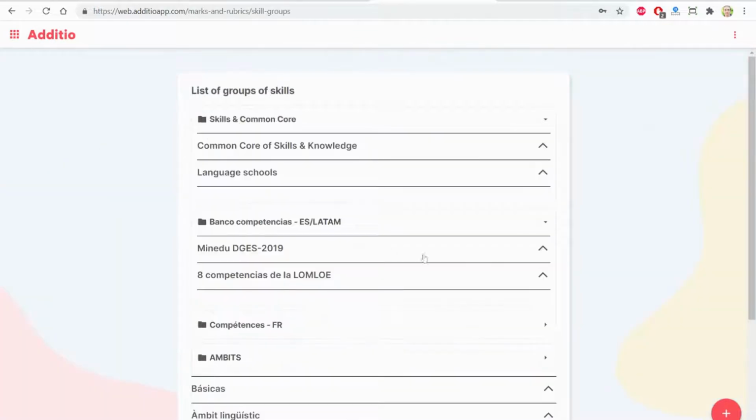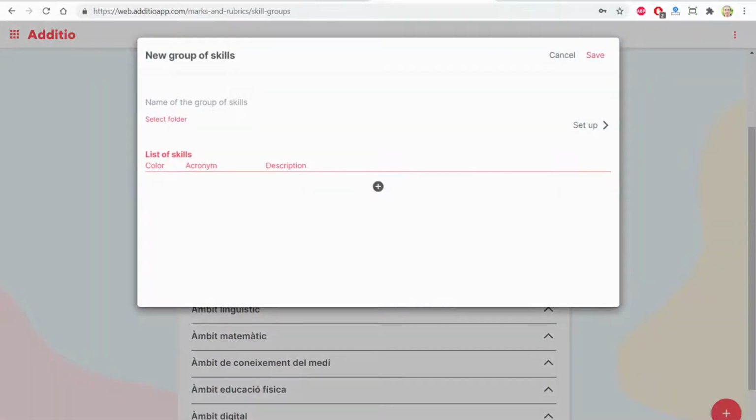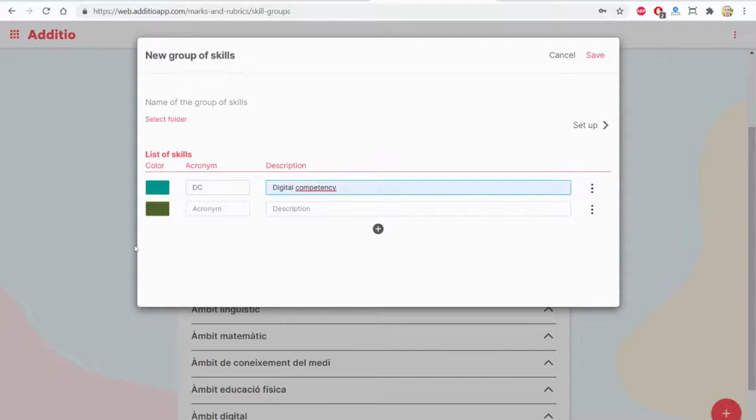Once I click Skills, by clicking the plus button, I can define a group of skills, and by clicking here, I can go and add the different skills. Digital competency. Example, sense of curiosity. I can add a name of the group of skills, and once I add an acronym and a description,